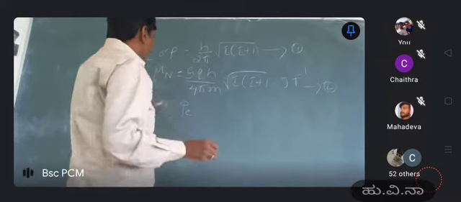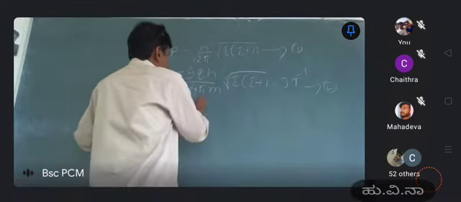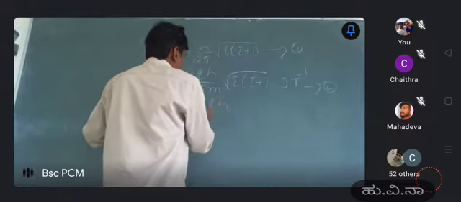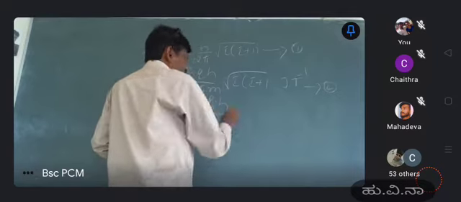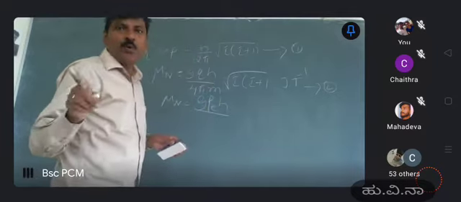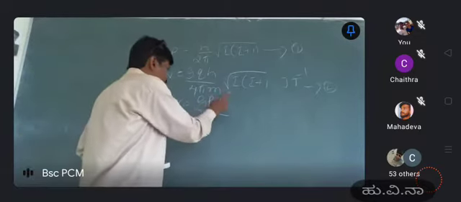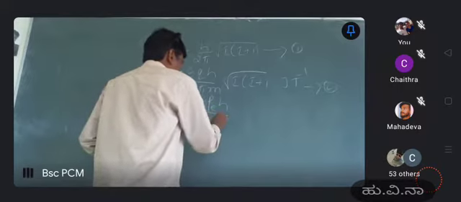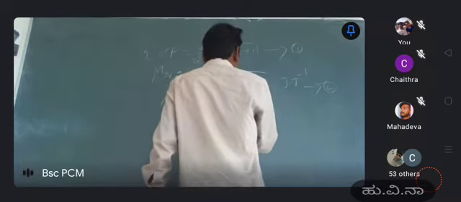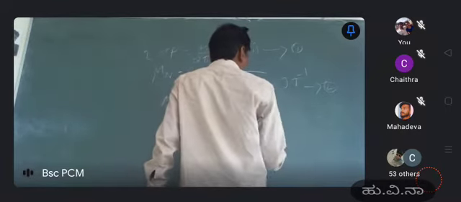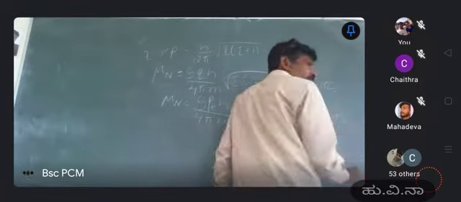So equation 2 becomes once again, mu n is equal to G Q h, where Q becomes P e, P being the number of protons. So G P e h by 4 pi capital M, small m becomes capital M. The remaining is as it is, the square root of I into I plus 1. So much joule per Tesla. This is equation number 3.